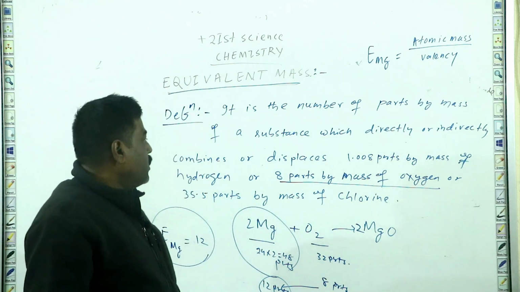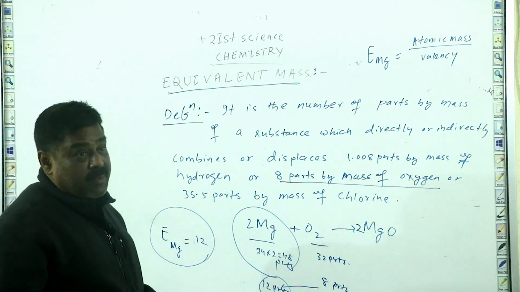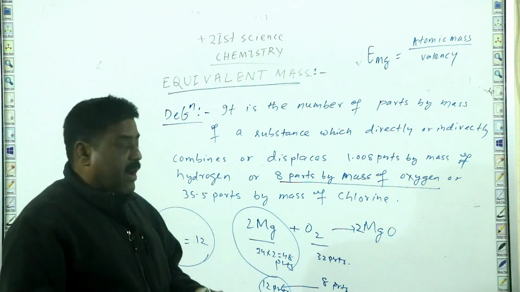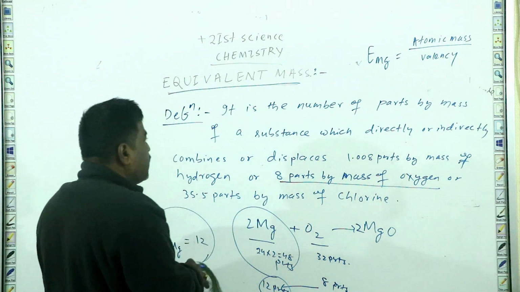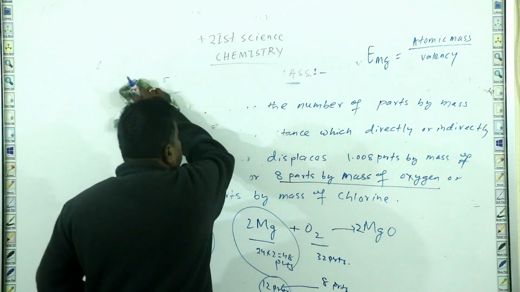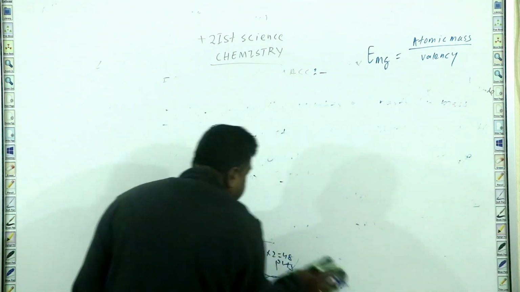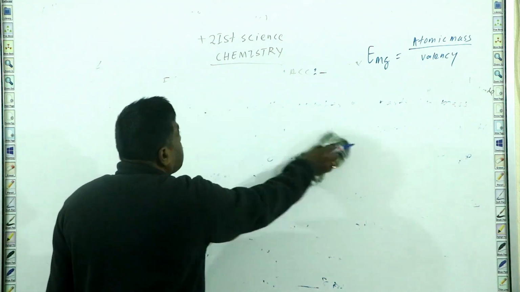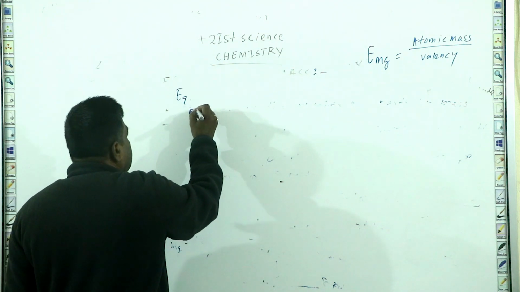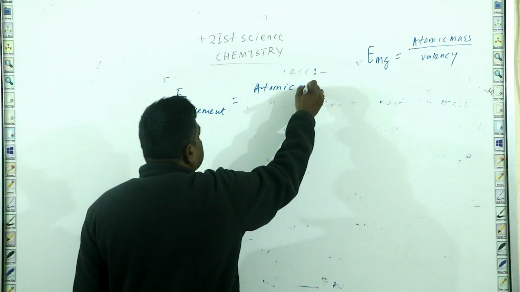So now I am discussing the equivalent mass of any substance, meaning atom, molecule, acid, base, salt, etc., all one by one. Let's see how to calculate the equivalent mass of these chemical substances in a simple manner. So this is one of the tricks to calculate equivalent mass. So now the equivalent mass of any element can be calculated on the basis of this: equivalent mass of any element is equal to atomic mass by valence.